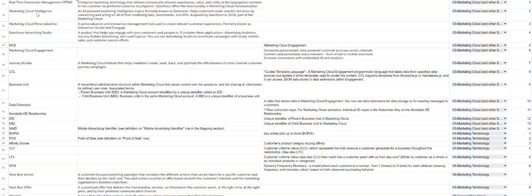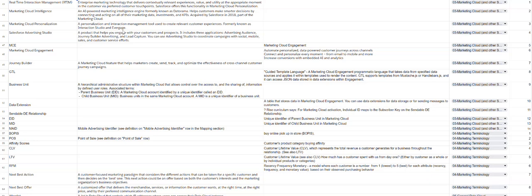Next, Marketing Cloud Intelligence, an AI-powered marketing intelligence engine formerly known as Datorama, helps customers make smarter decisions by connecting and acting on all of their marketing data, investments, and KPIs. Acquired by Salesforce in 2018, part of the Marketing Cloud. Marketing Cloud Personalization, a personalization and interaction management tool used to create relevant customer experiences, formerly known as Interaction Studio